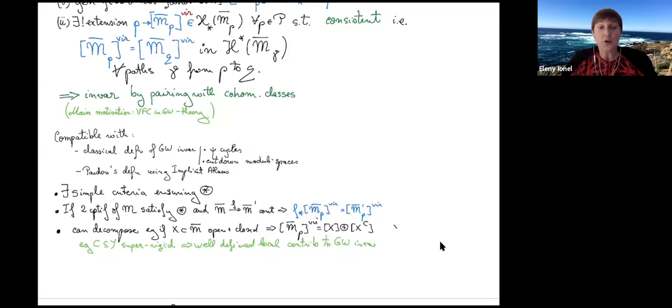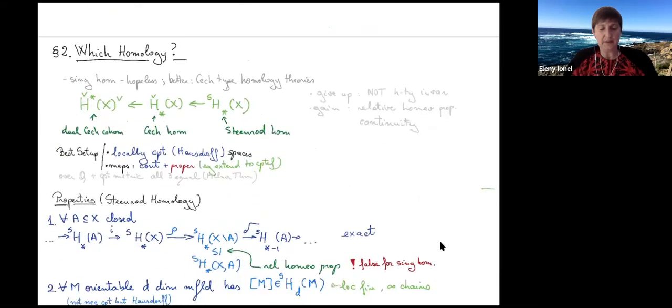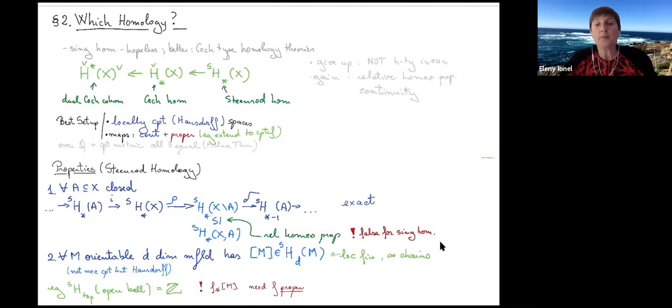Let's see. So, right, which homology theory? Let me go and present that. For which homology theory does this work? First of all, if you wanted to get this kind of result for singular homology, that